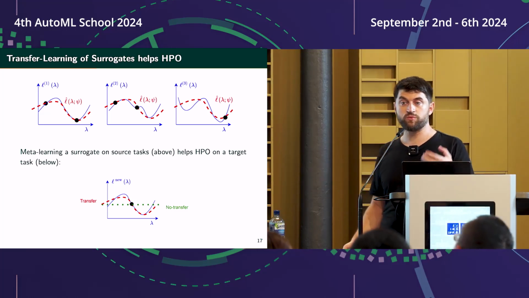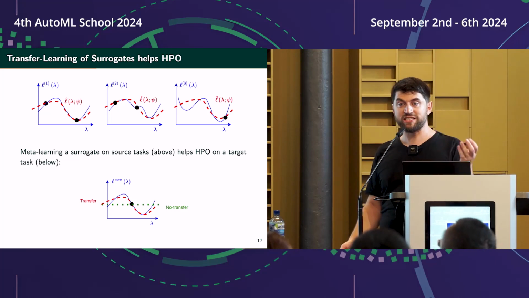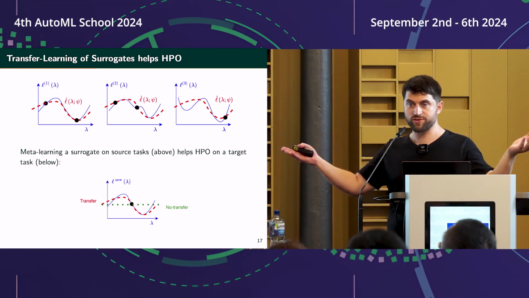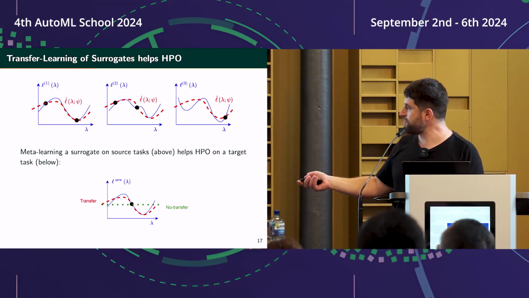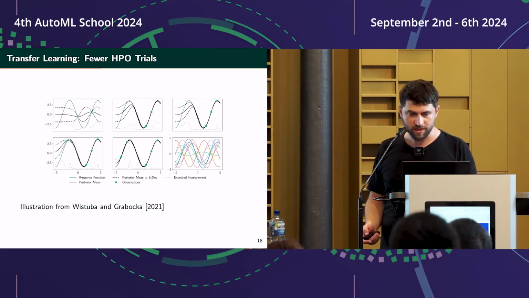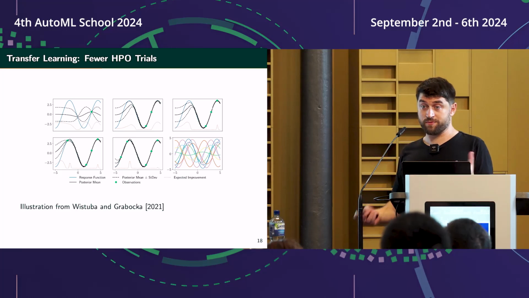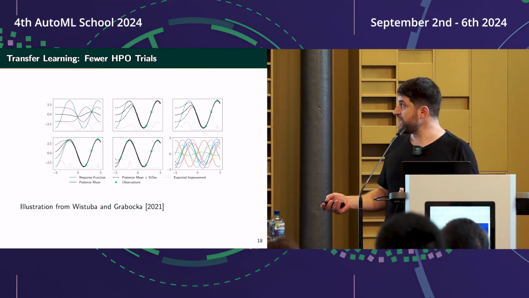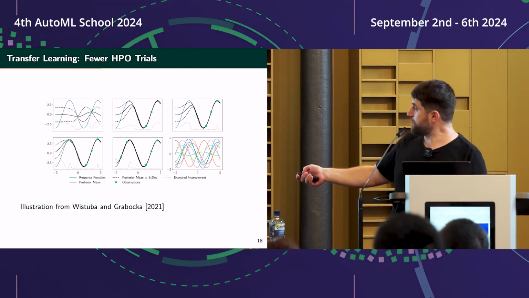So I already start with knowledge about what are typical performances of that specific algorithm with respect to those hyperparameters across other data sets. And that is information I can transfer to do HPO efficiently on a new problem. And the effect there is what we want. We want fewer HPO trials to go to the minimum, as it is shown here,